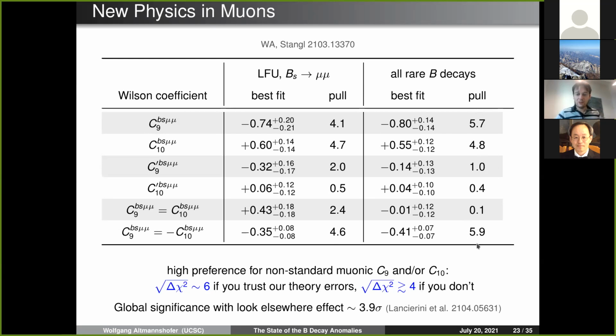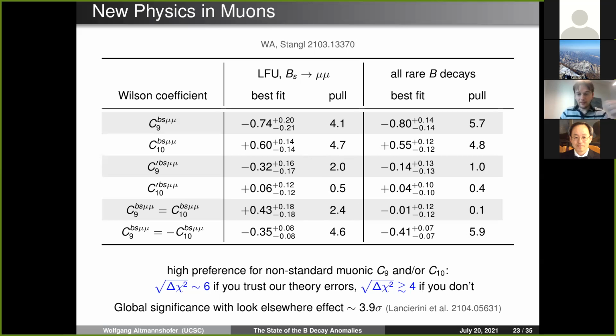The question is how much one should trust those results, and they of course depend on how one parameterizes the theory uncertainties, how conservative one is with these theory uncertainties. If you don't trust the theory errors that we are using in our global fits, then you shouldn't trust this last column here. Then probably you should only take into account these lepton flavor universality results and the piece of B_s to phi mu mu branching ratio, which are the theoretically cleanest ones, where one cannot argue around with standard model uncertainties too much. So in that case, one still gets these 4 or almost 5 sigma pulls in some scenarios. Now one shouldn't confuse these pull values with